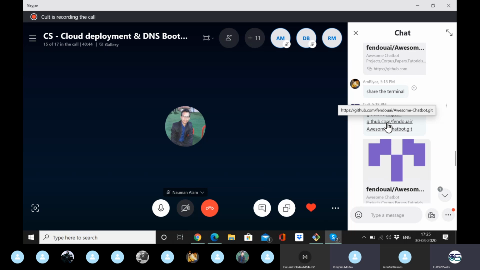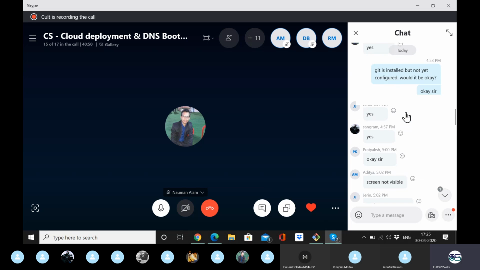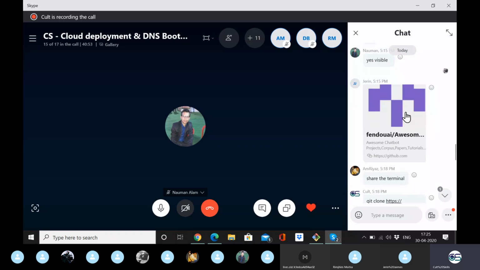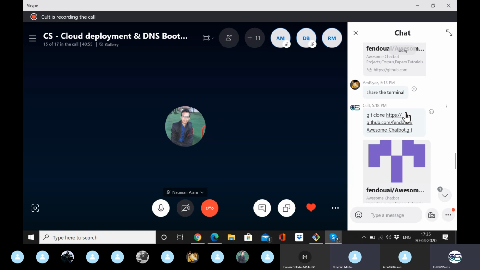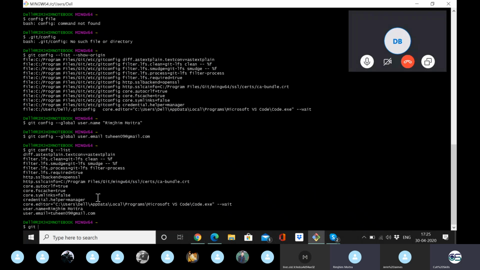So this link? Your screen is not getting refreshed to me. I guess something is really wrong with my internet today. My internet is not so stable. So I can see a git clone link here. Shall I copy and paste that? Yeah, that git clone HTTPS and complete stuff. Copy that and paste it with Control Shift V. Control Shift V, sir.